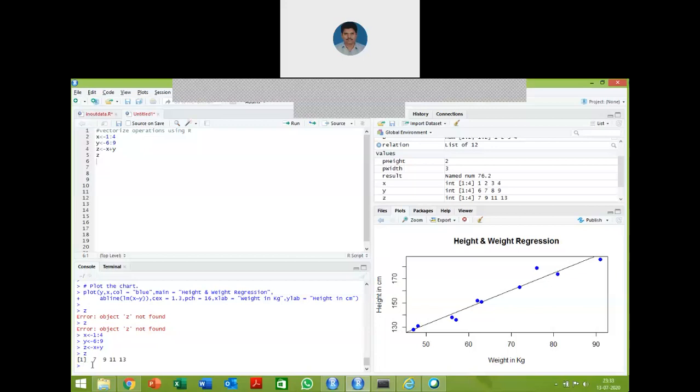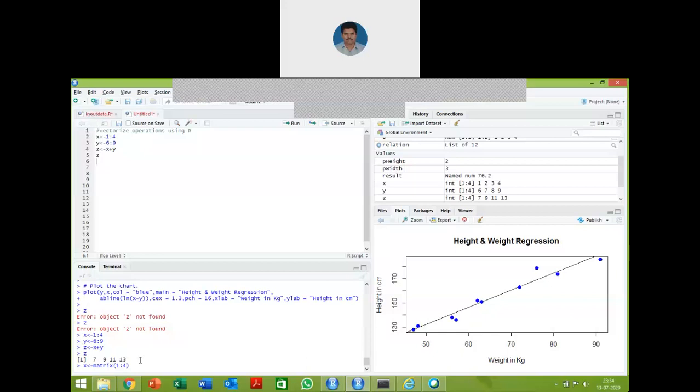Here I am going to create a vector named x. I use the function matrix with the vector's starting number and ending number, meaning the vector elements are taken from 1 to 4.